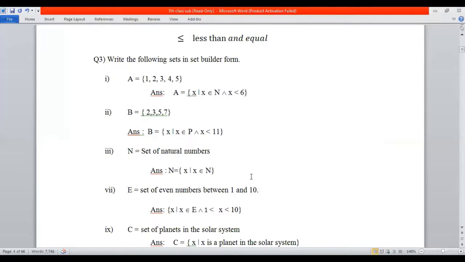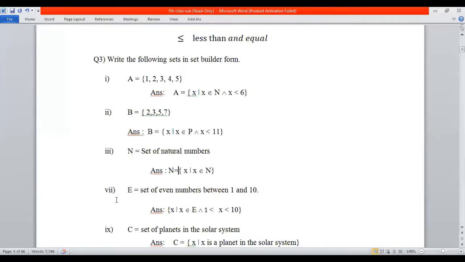If you check it in your book on page number 5, the fourth part is the set of whole numbers. In the same way you will write x such that x belongs to W. That will be the set builder notation or set builder representation. Then you have been given the set of integers. So how can you represent the set of integers? x such that x belongs to Z. That's it, so it's very easy. That's why I leave these parts for you to solve by yourself, just like this third part. It will be similar to the third part.